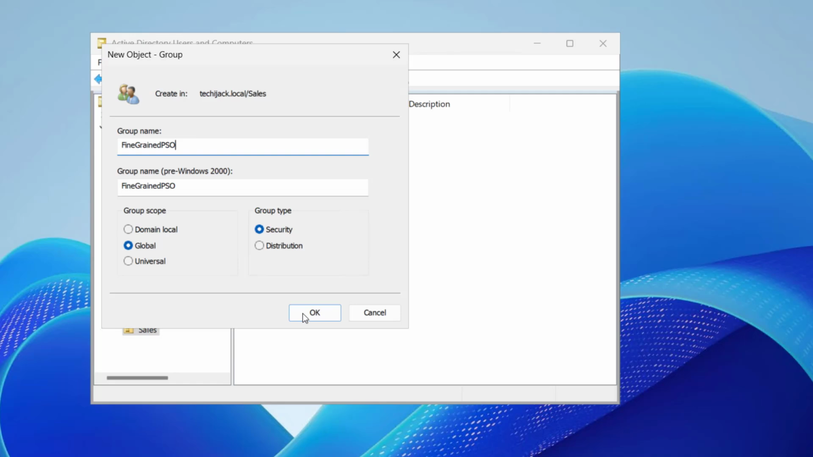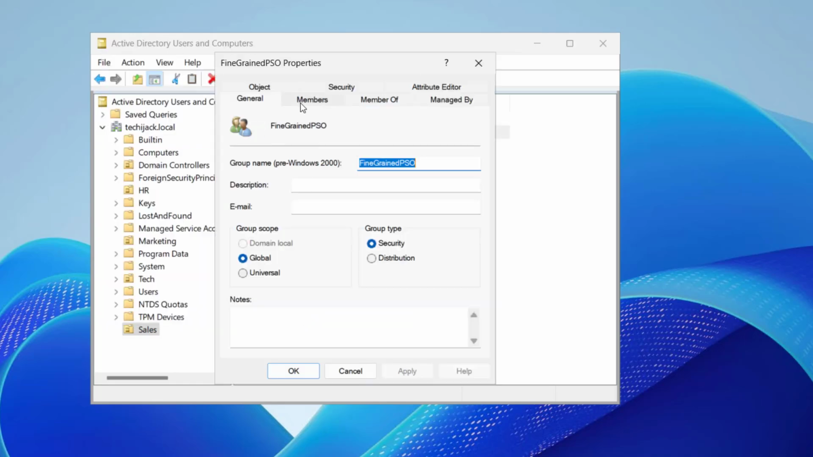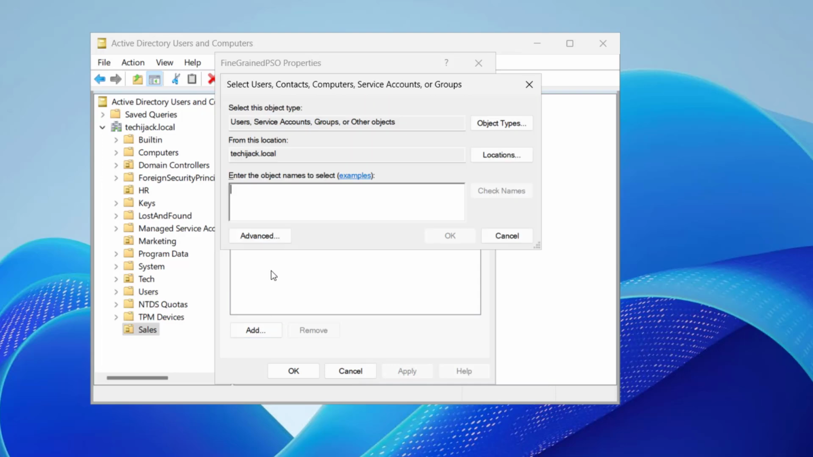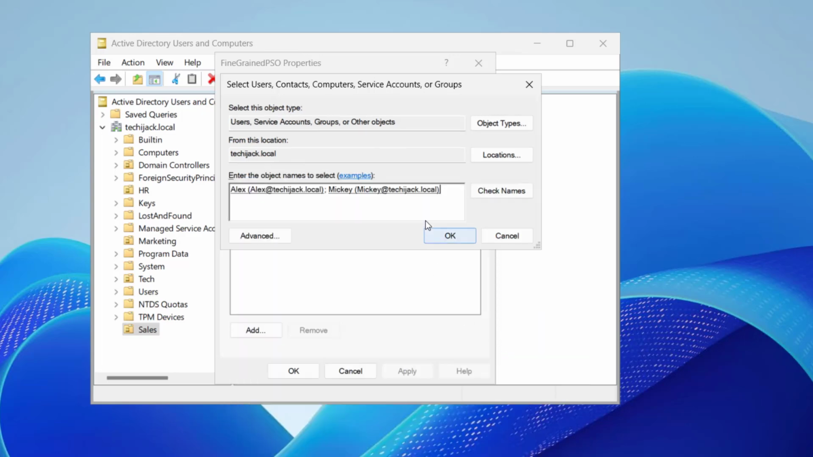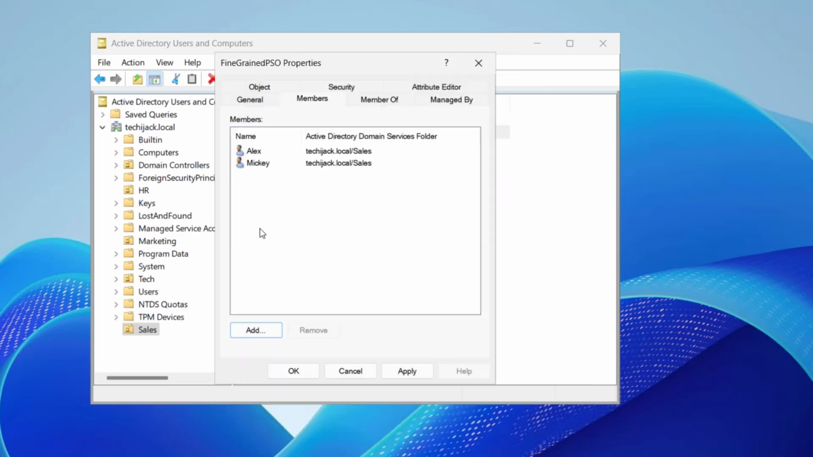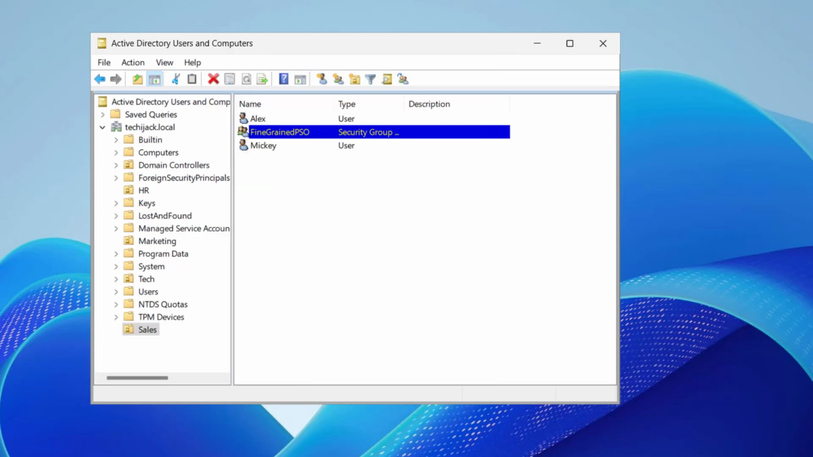Now click on OK. Double click this group, and inside the Members I will add Mickey and Alex here. Alex is here and here we have Mickey, so we'll click on OK. OK again. So Alex and Mickey are added to this group. We'll click on Apply and OK. Now these two users have been added to this fine-grained PSO, and to create the fine-grained policy we have to